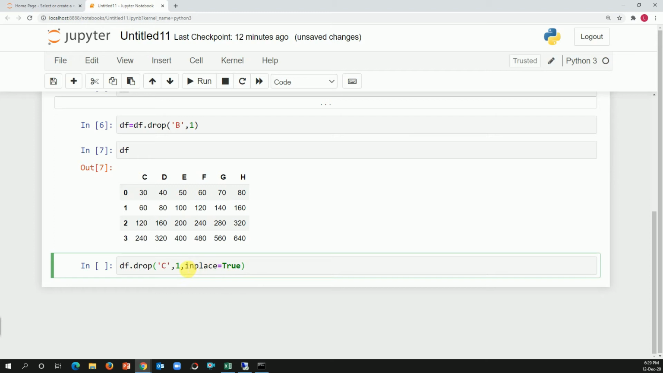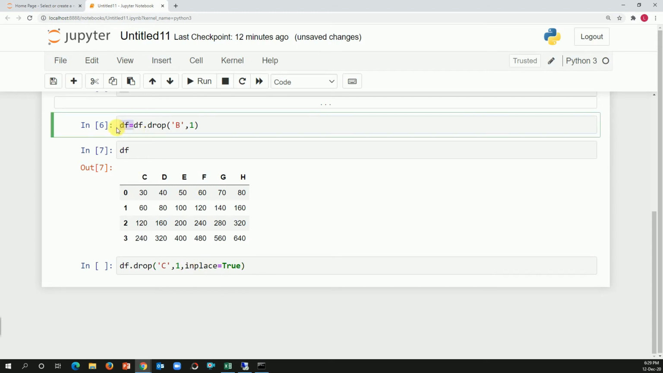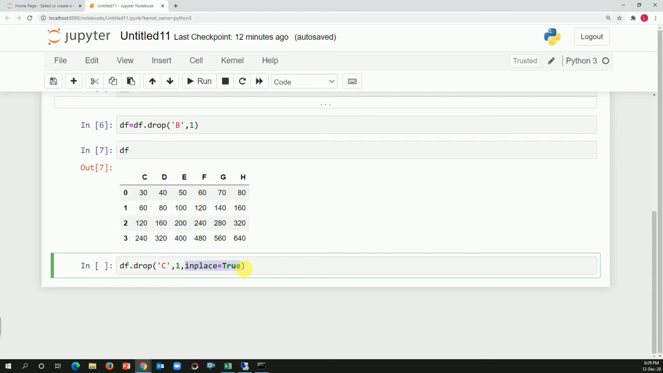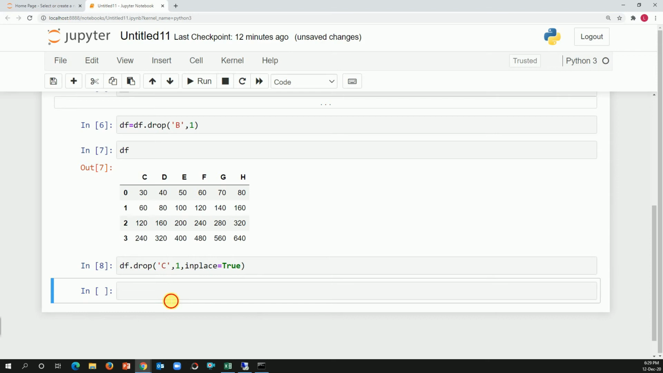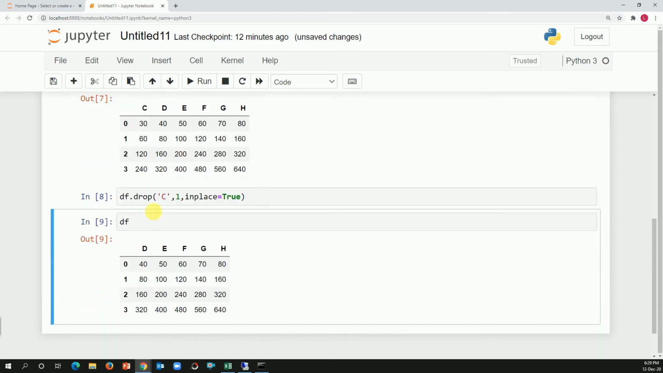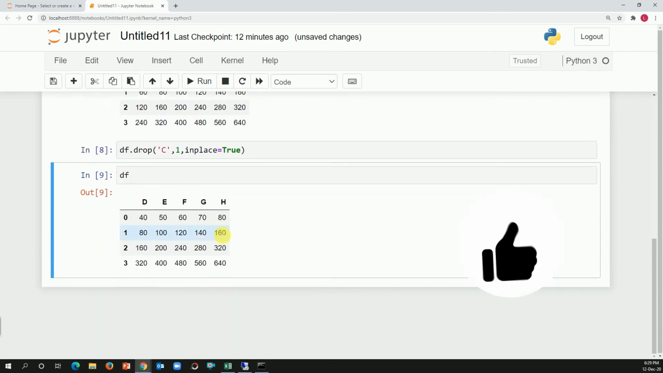The only difference is that instead of specifying the data frame itself, we are starting directly from the second part, or the right hand side of the syntax, and we are specifying it to be true. That means whatever changes you're doing here, let us do it for the main data frame itself. Control enter. Next column, I'm going to read the data frame, and column C is gone. That's good. So we are now thoroughly clear how we delete a column using